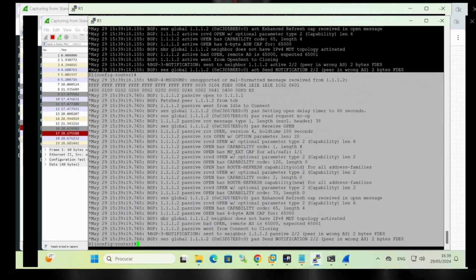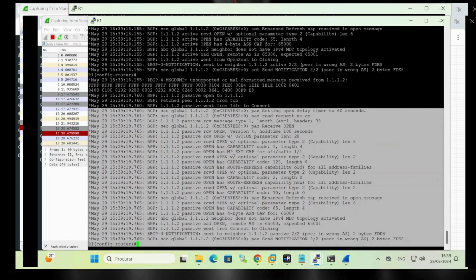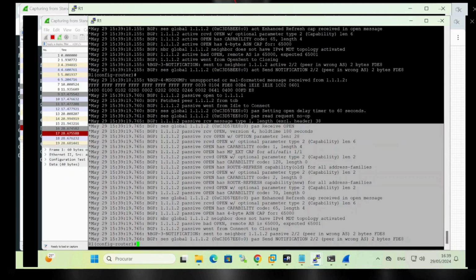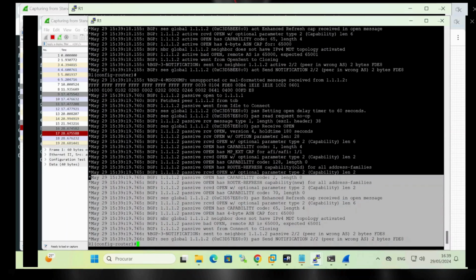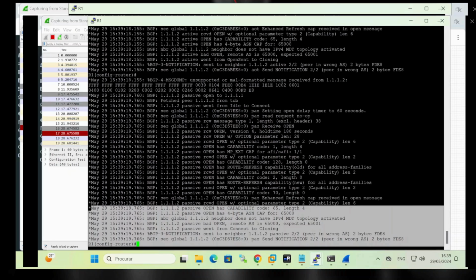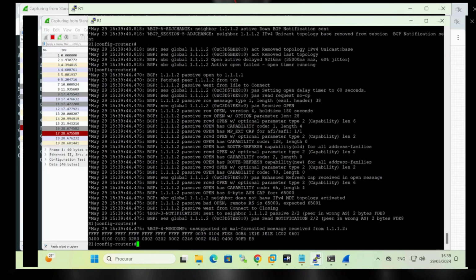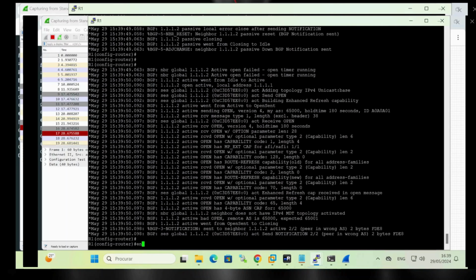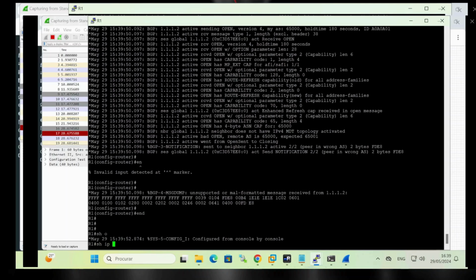The BGP is complaining about something. Idle to connect, BGP moving from idle to connect as expected. First step, idle to connect, and then active, the BGP is performing the validations, but as we can see in the highlight, the remote AS is complaining, that was expected